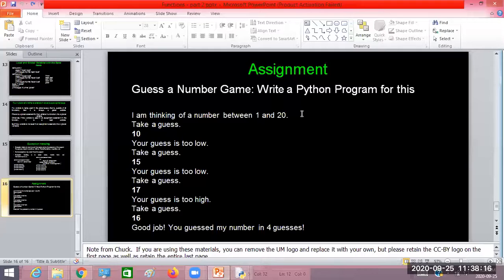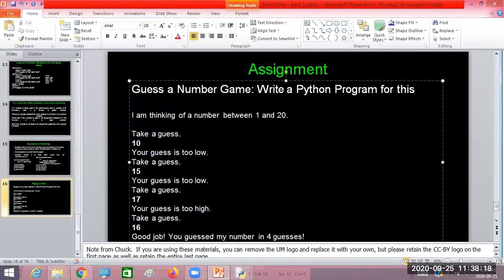So here I'm thinking a number, then I'm permitting the user to guess a number. Take a guess. See here what I'm displaying, 10. If the guess number is lesser than the number guessed by the system, then I'm printing your guess is too low. Then I'm permitting the user a second guess. Now he has guessed 15. So I'm saying again, your guess is too low.